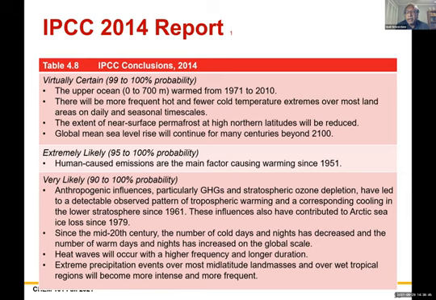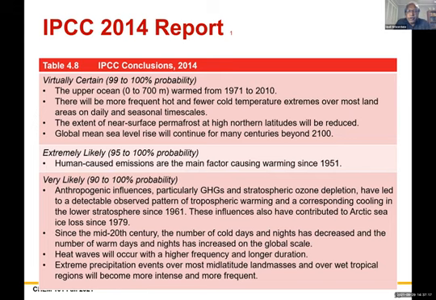That will be reduced. A certain portion of ground is frozen for a long time. Permafrost is frozen ground. It will reduce. Global mean sea level will rise for many centuries beyond 2100. Extremely likely,